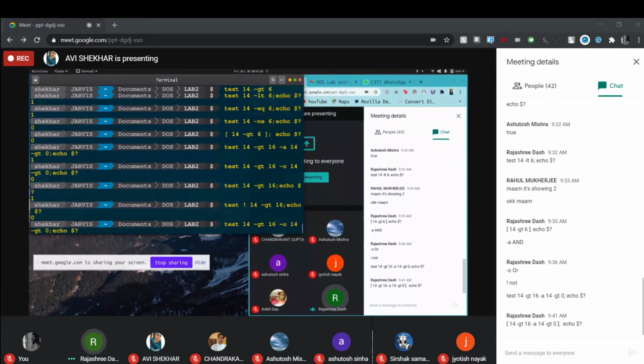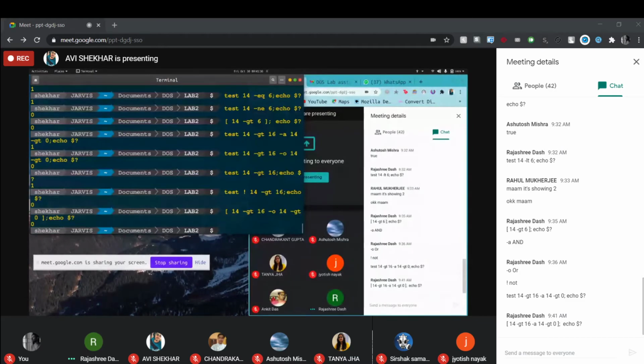In place of test, now you use the square bracket to represent the condition. Abhisekar, you do it. Okay, all of you understand?